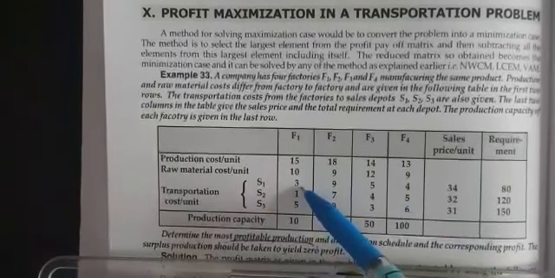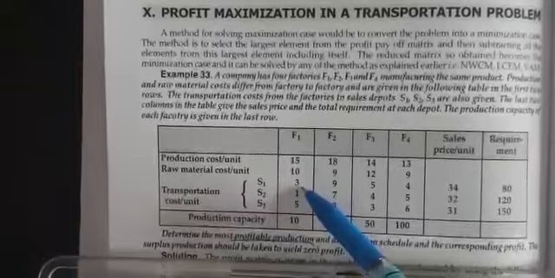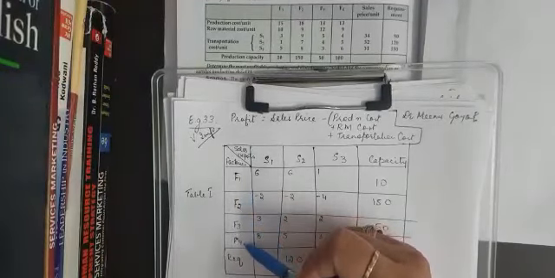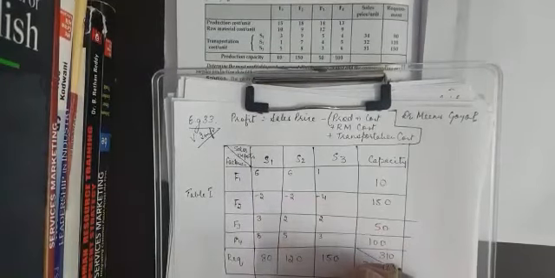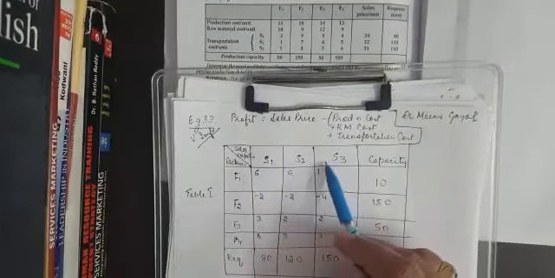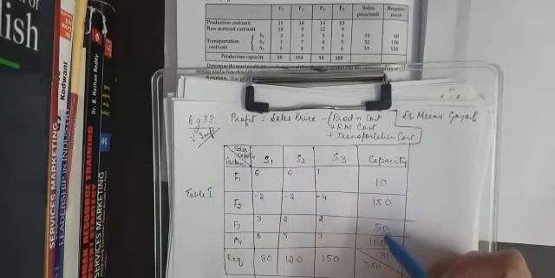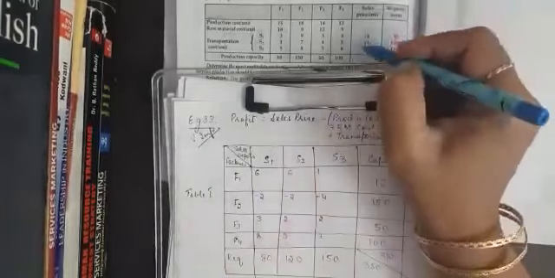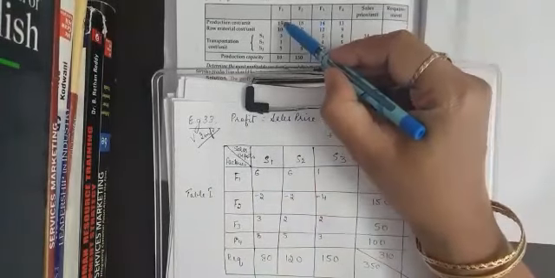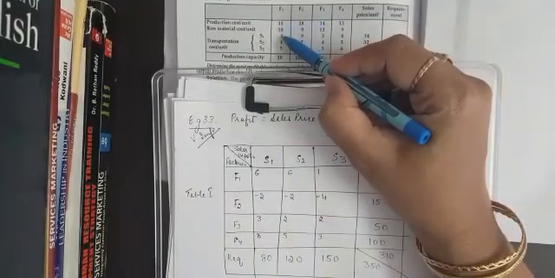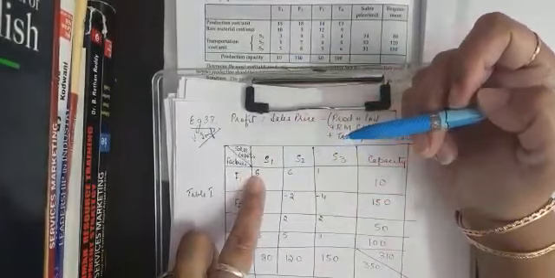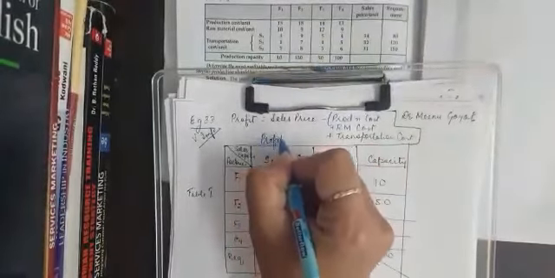For example, just draft the table. I have marked F1, F2, F3, F4 as the factories, and this is the requirement which is given. S1, S2, S3 are the sales depots and these are the capacity figures. Now in this case, the first figure of profit would be 34 minus 15 plus 10 plus 3. It amounts to 6. So I have put 6 over here. This is the profit figure. The matrix which we are deriving over here is the profit matrix.